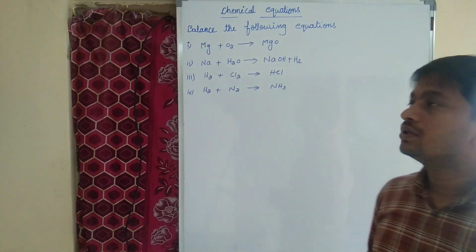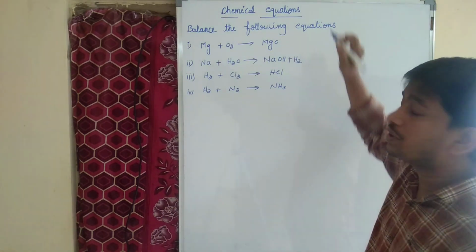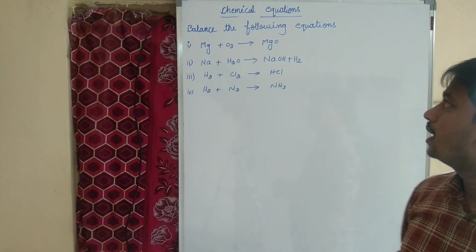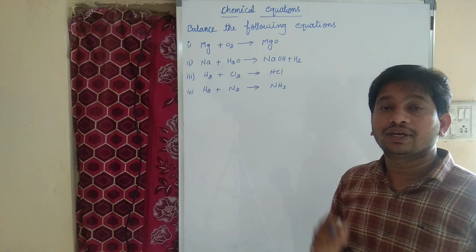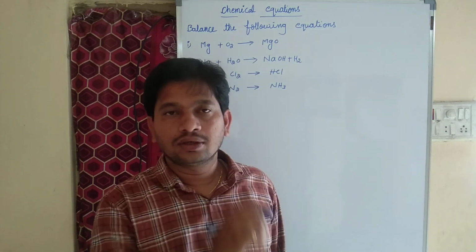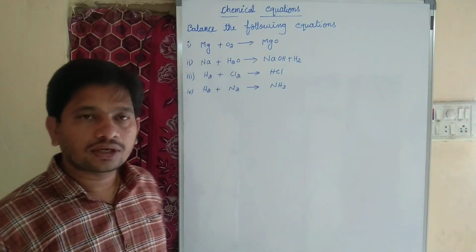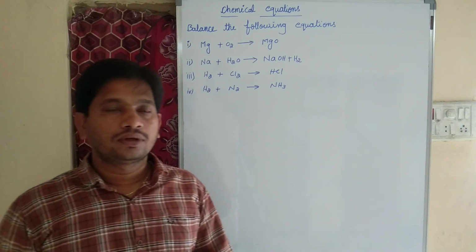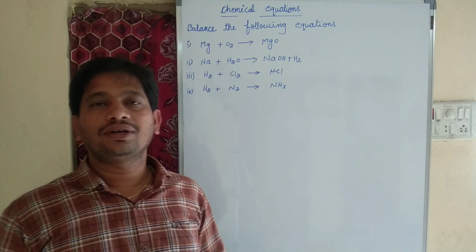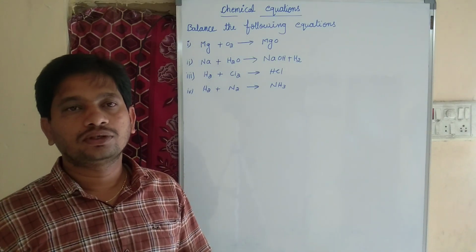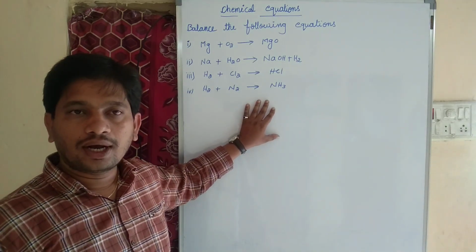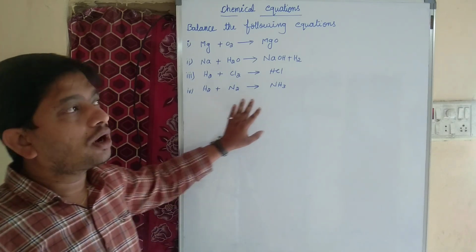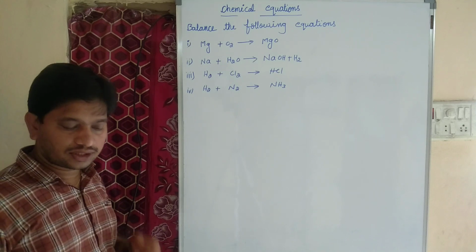Actually, chapter number 2, chemical equations, in our class 10 physical science, as this chapter comes under chemistry, right? So now the question is how to balance the chemical equation. Actually they may ask for 2 more questions or else they may ask for 4 more questions. So without this question, the paper will not even be there. So that much important concept, how to balance the chemical equations, right?